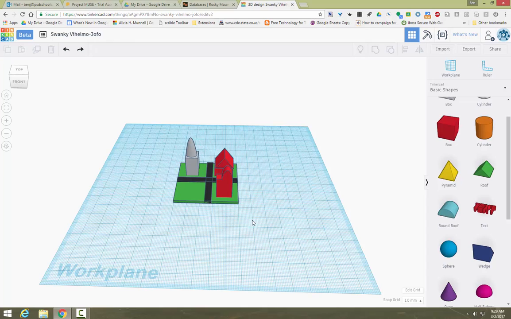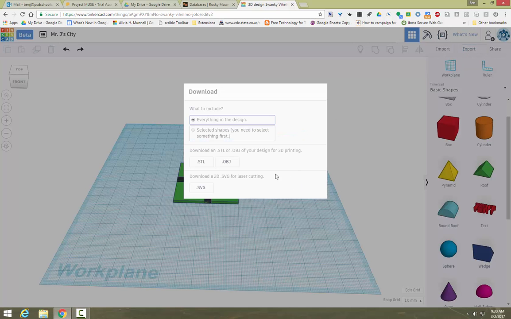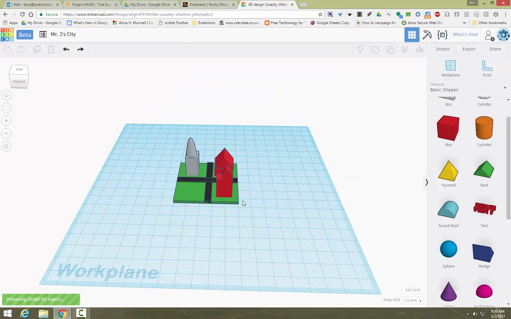I think it automatically saves. It gives it a funny name up here. I guess you can just change it to whatever you want it to be. I'm just going to call it Mr. J's City, and that's what will be there when you log back into Tinkercad. Eventually, when we get ready to print these on a 3D printer, you'll be exporting those, and you'll choose STL,